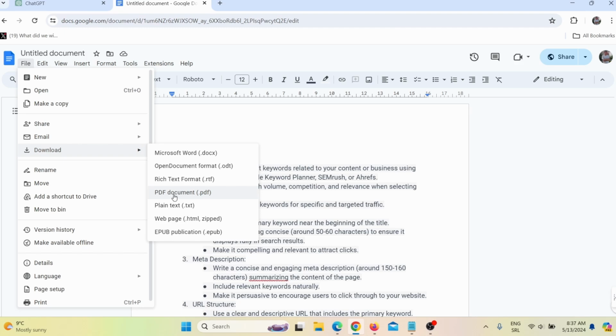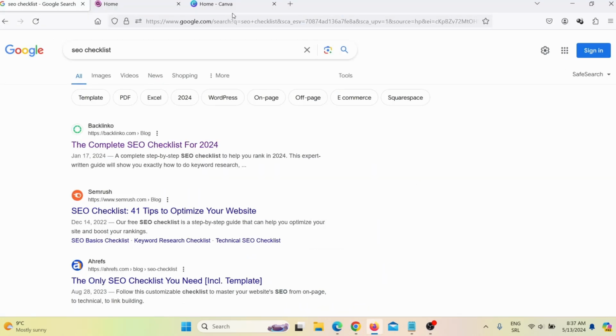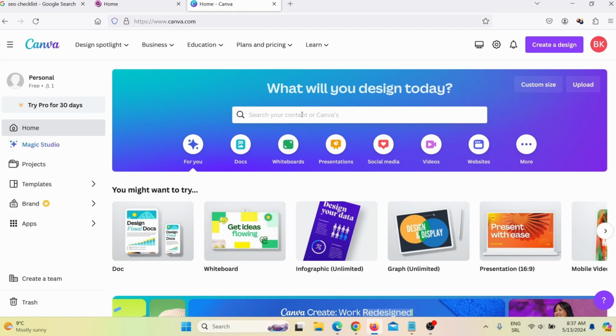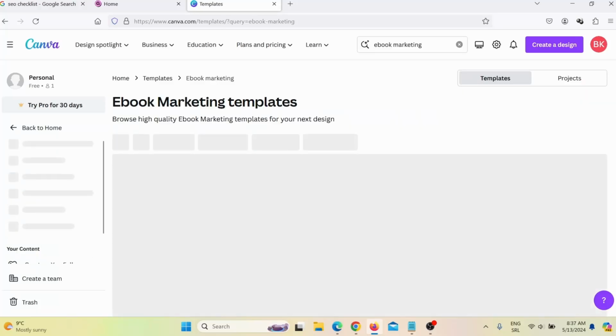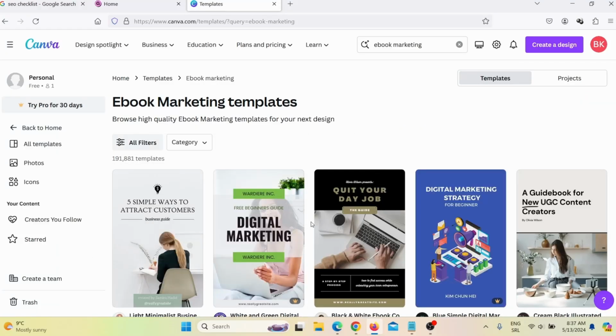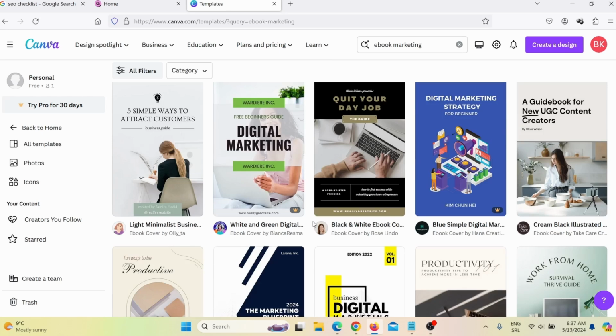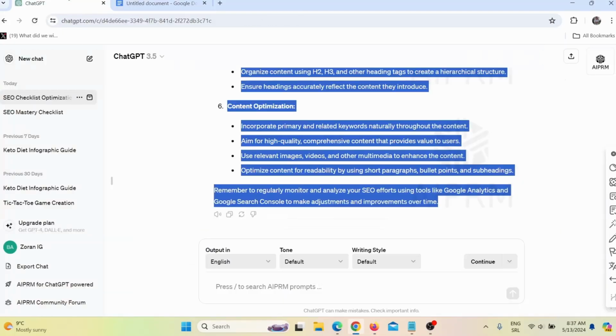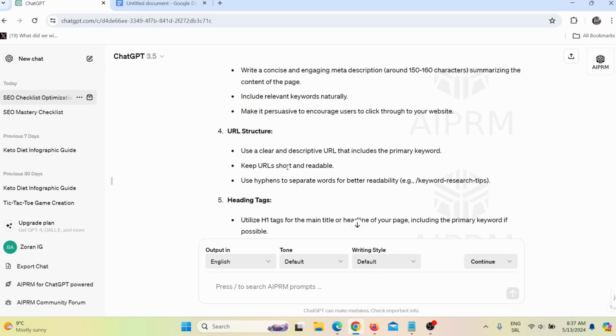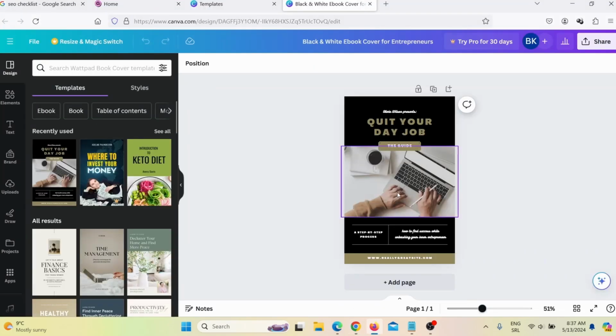But an even better option is to actually go here on Canva and search here, for example, ebook marketing. Okay, and then press enter. And here you will find ebook marketing templates that you can use. So for example, let's just say I wish to use this one here. I will simply click here and then click here, customize this template. And I can customize this template any way I want. I can simply go back here on ChatGPT and copy and paste this here in this ebook